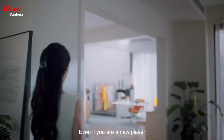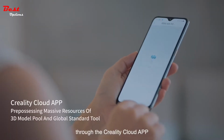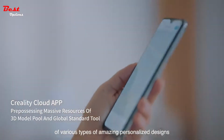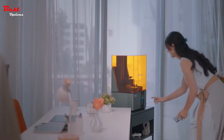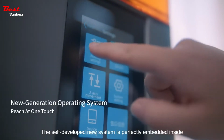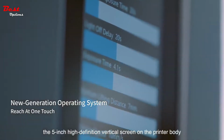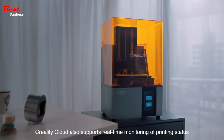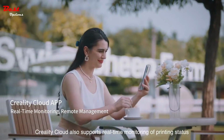Even if you are a new player, you can find your favorite reference template through the Creality Cloud app and start your exploration journey of various types of amazing personalized designs. The self-developed new system is perfectly embedded inside the 5-inch high-definition vertical screen on the printer body. To ease the anxiety of waiting and upgrade user experience, Creality Cloud also supports real-time monitoring of printer status and